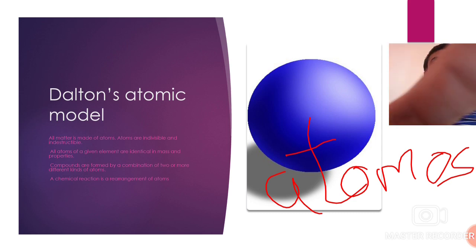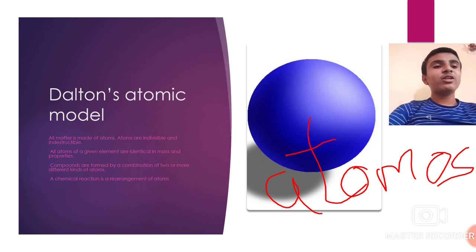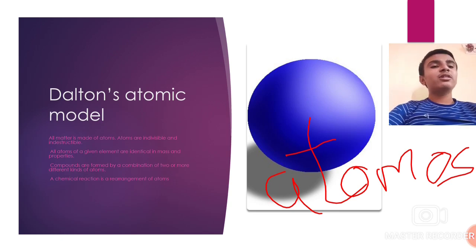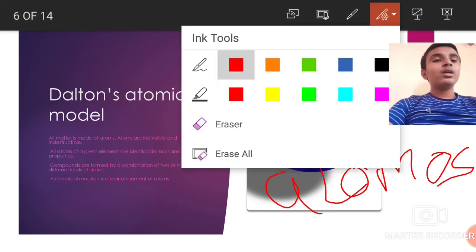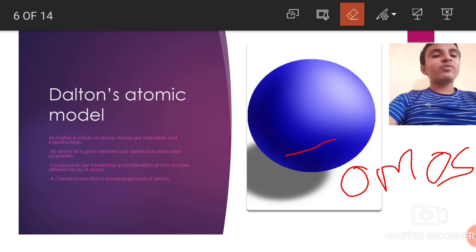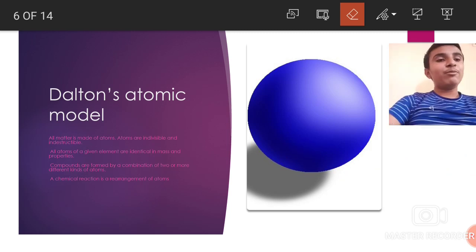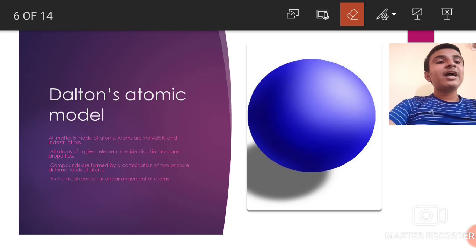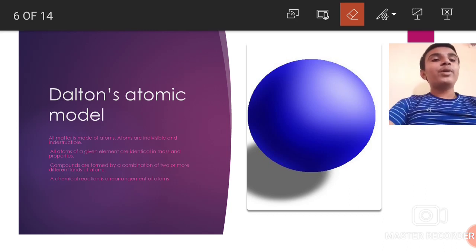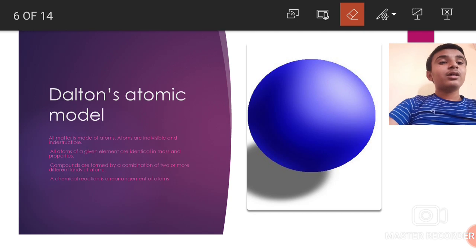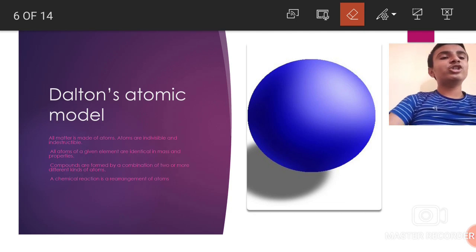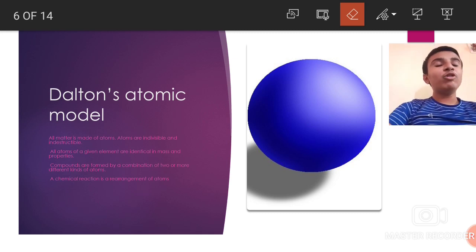After that, Aristotle, a Greek philosopher, stated that we cannot see an atom with our naked eyes, so how can we believe in Democritus' theory? So this Aristotle did not believe in Democritus' theory, and he stated that atoms are not there. But centuries and centuries went by, and a scientist, John Dalton, proposed a new atomic model and a new atomic theory